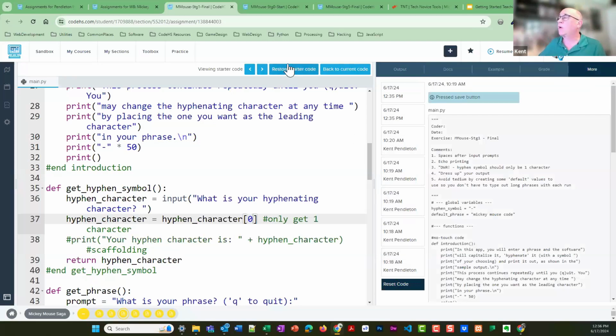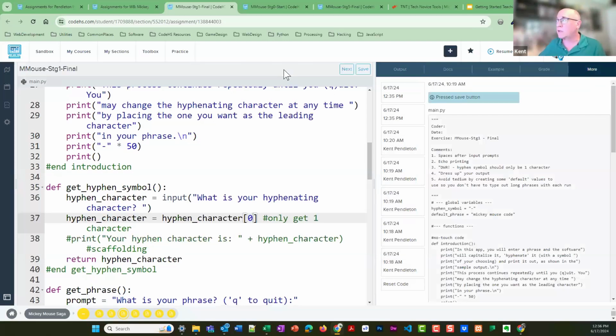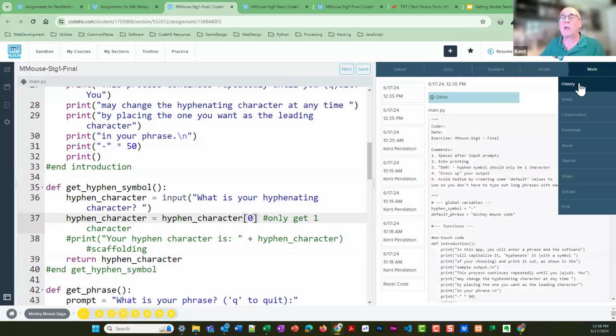Up here, it says, you want to restore the starter code? Yes, I do. And it will take it back to what I call factory settings. And so I use the more, under more, that's under more history. I call it the time machine. And I teach them that also pretty much from the first day of school, so that if they mess things up, they can go back in time. And so that's really, really good.